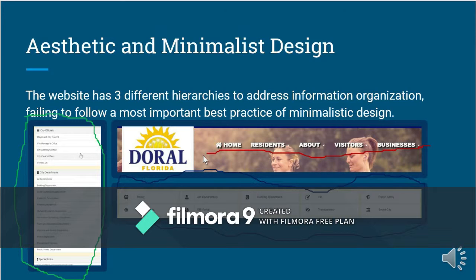where we can see that the website has provided a specific way of exploring or navigating the website.